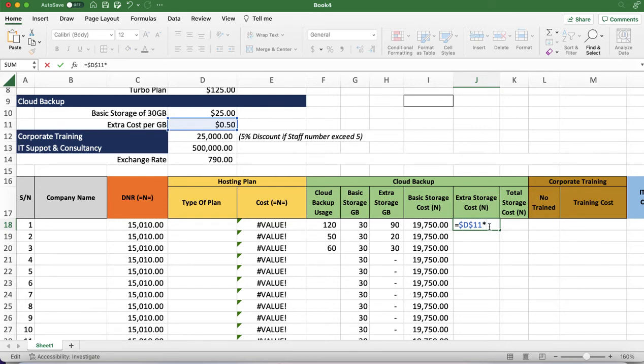So $0.5 is the cost for 1 gigabyte. So for 90 gigabyte extra, what will it be? That is in dollars. We now need to multiply it by the exchange rate. I can either type 790 or click the cell and put